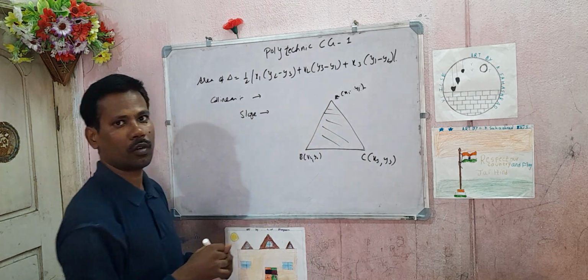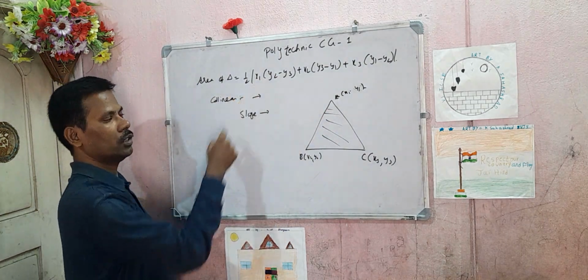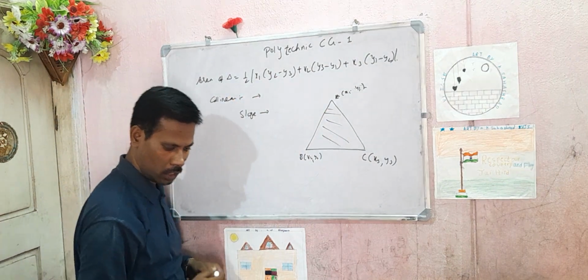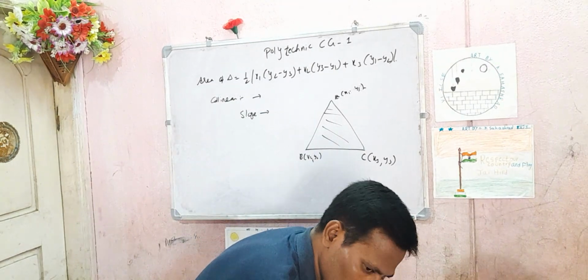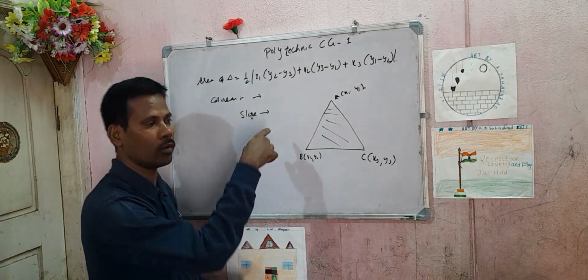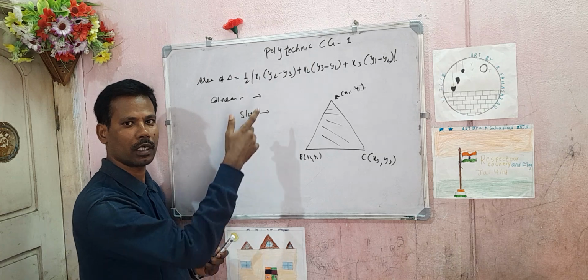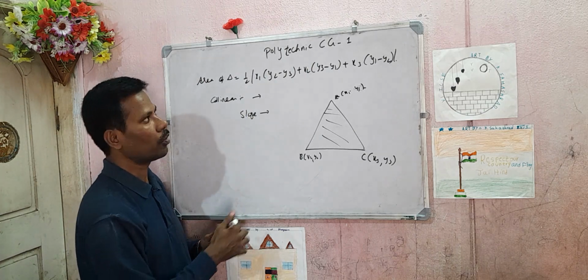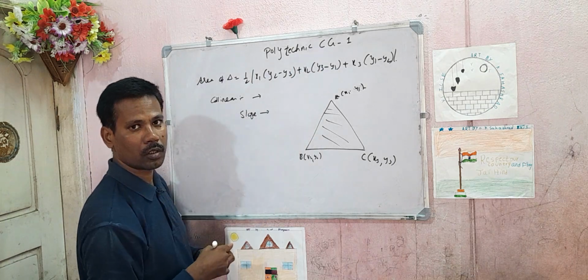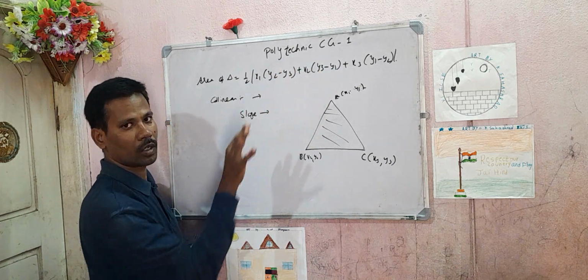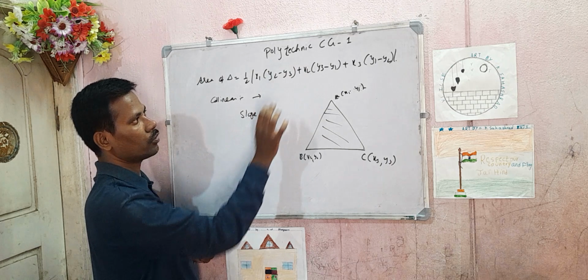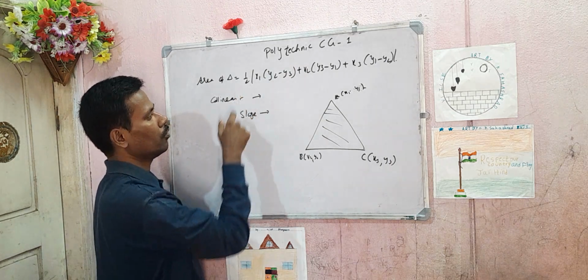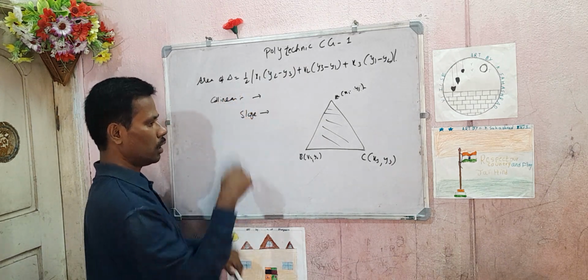Usually you can use this formula. This derivation I am not going to prove, and I will be proving this in the state CBSE and IC classes. Please refer to that class. Since this is a Polytechnic course and this is objective type, you just remember the formula. Nobody will ask to state and prove this formula. So the formula states: area of triangle is equal to half